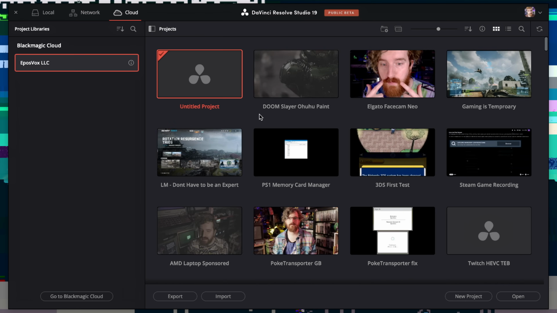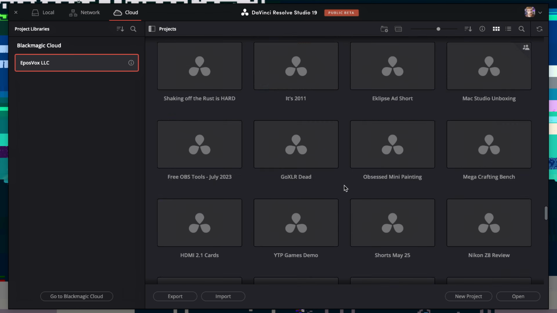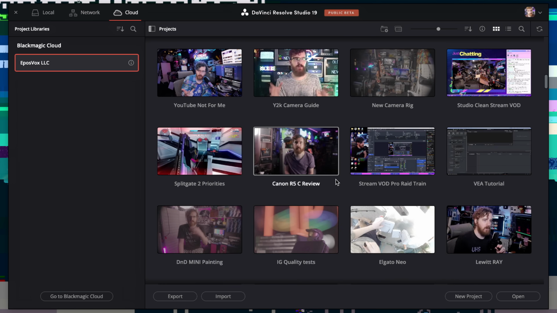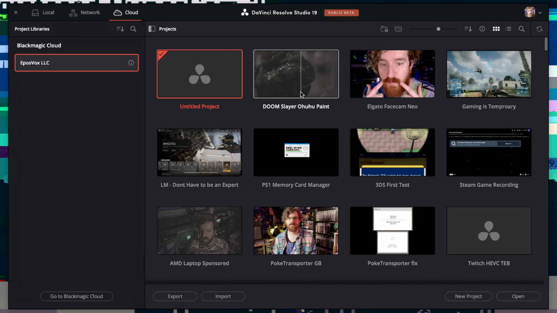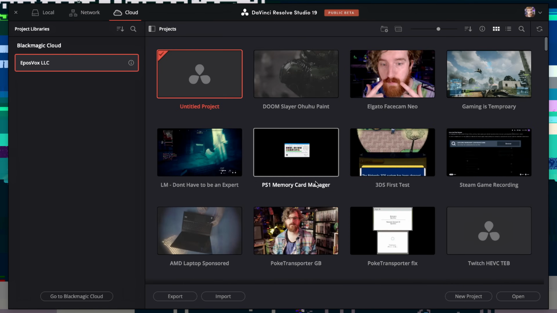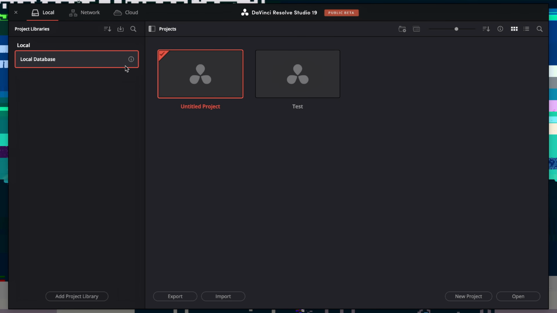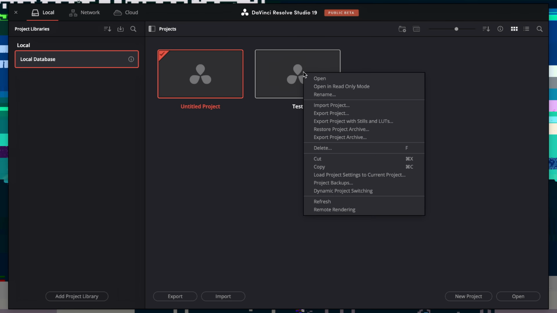And if we look at this library, you can see I have projects going back like 2 years because I'm super lazy and don't bother making new libraries. But you get the idea. You have all your projects here, which makes it a little easier in some respects and a little more intimidating in others. With your individual projects, you can open them, you can rename them, you can export them